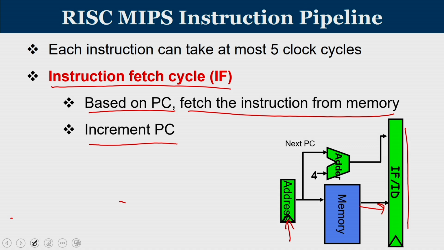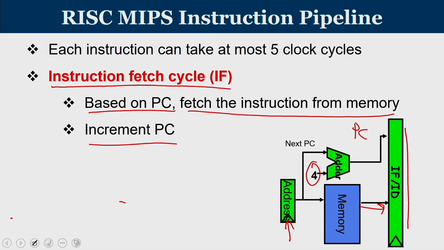Since it is a RISC architecture and all instructions are of uniform length, the next program counter value can be easily obtained by finding PC equal to PC plus 4. So, whatever is the current PC, 4 is added to it. It is very easy as long as all instructions are of uniform length. Updation of PC is a relatively simple step. If the instructions were not of uniform length, like what we see in CISC, where some instructions are 1 byte, some are 2 bytes, some are 8 bytes, then after bringing the instruction, we have to understand how long the instruction is, and only then we can increment the value of PC.